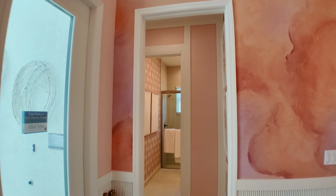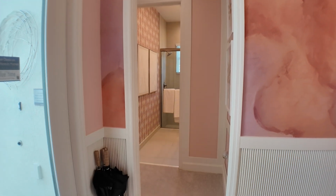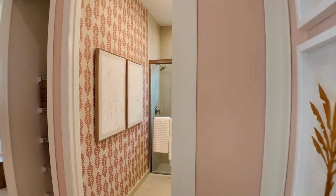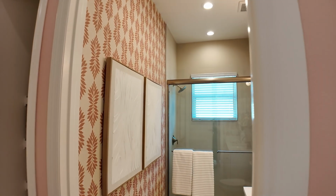One of my favorite things about this floor plan is how the designer actually made really great use of all of the square footage in this home. It's very well laid out, as we'll see here in this very first bedroom that we'll check out. So this is the very first bedroom, and this is actually the perfect setup for a multi-generational living situation. So here you have your ensuite